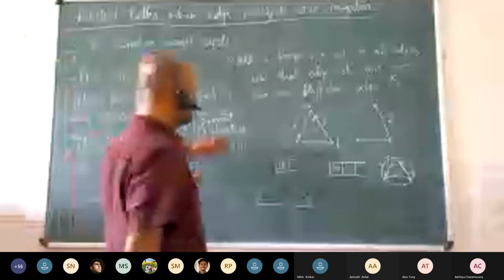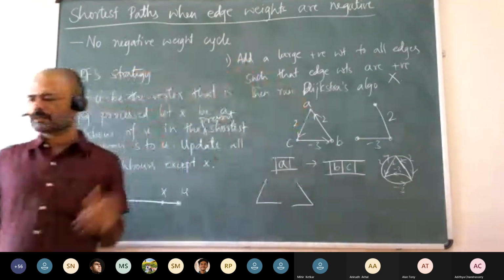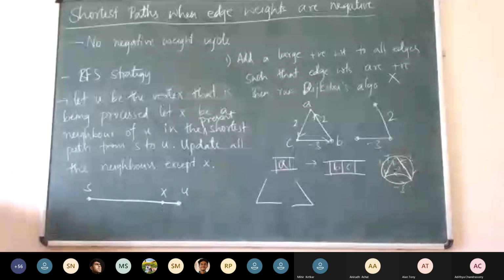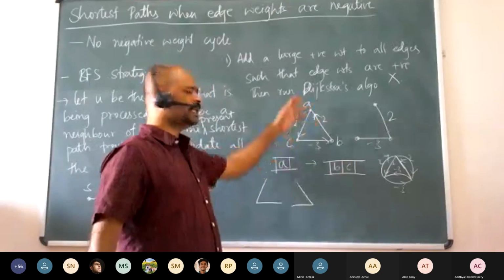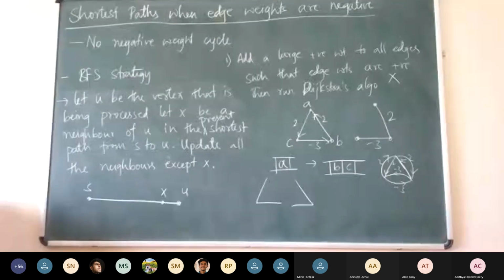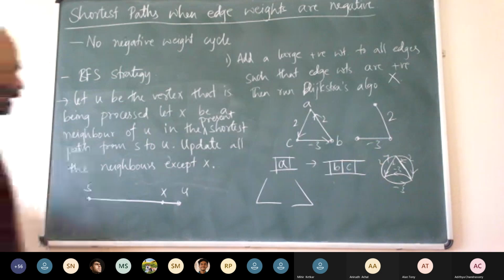Suppose the graph given to you is directed. How do you convert an undirected graph to a directed graph? What does an edge mean in a directed graph? You can go from A to B and B to C. That is the meaning of an edge AB, which means that if you want to convert it into a directed graph, you put two edges, from A to B and B to A.